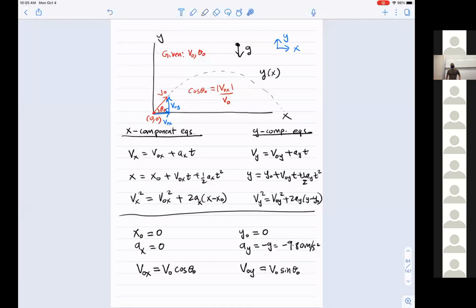Right, so in the last class, we were analyzing projectile motion, which is this classic two-dimensional problem with constant acceleration. You have some object that is